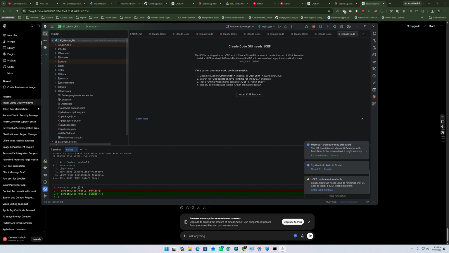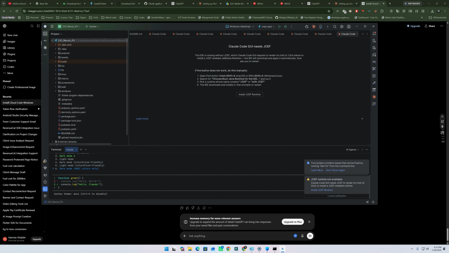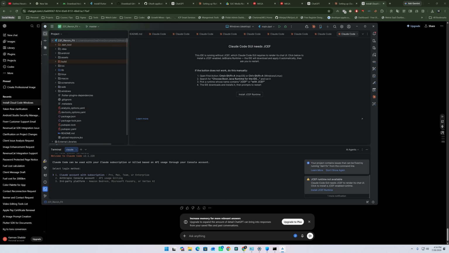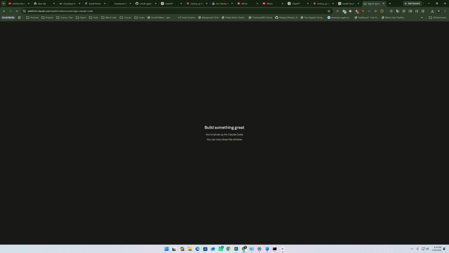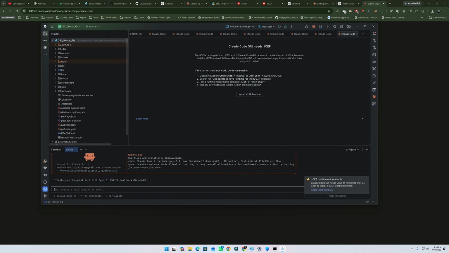Okay, so here you have to set up dark mode or light color. So I'll choose the dark mode, Claude with subscription. I have the subscription. Then you have to click on Authorize. You can now close the window, go back to Android Studio, login successful, press Enter to continue. Okay, yes, I trust this folder. So now our Claude is successfully installed.